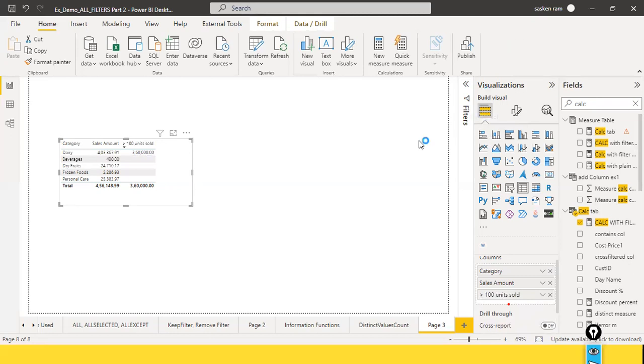Let's say your management is very particular about, along with the sales amount, wanting to see more than 100 units sold. So 100 units sold. For that, what is the total? In dairy,